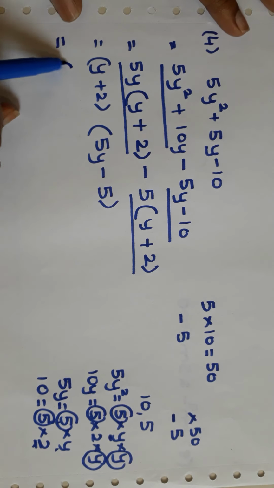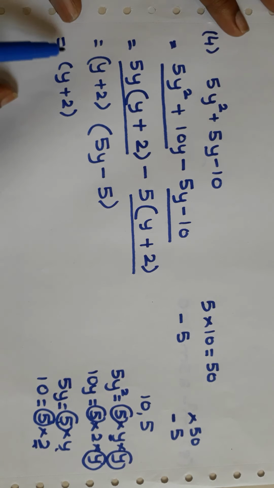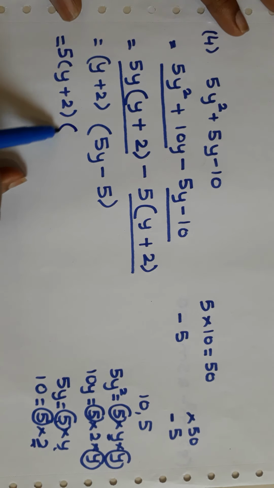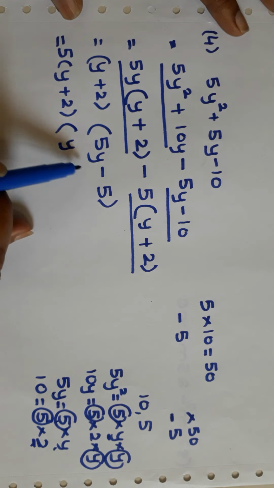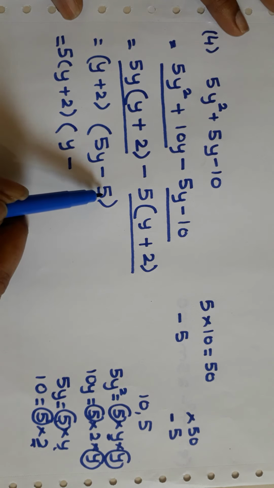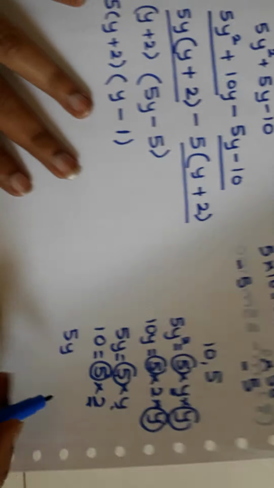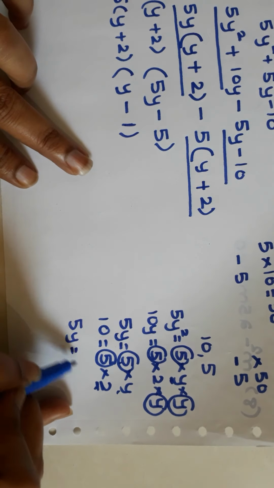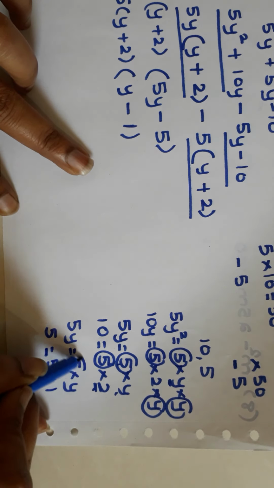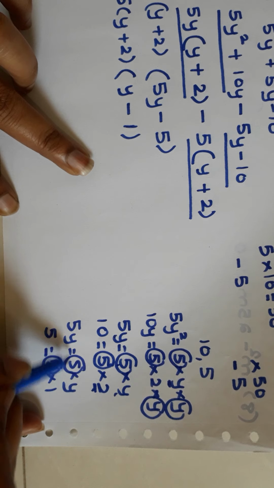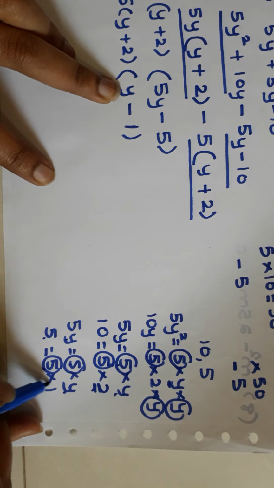We can again write this as: from both the terms you can take 5 common. So I am keeping this 5 here. Now when you take 5 common from 5y, we get y, minus, and when you take 5 from 5, you will have 1, because 5y can be written as 5 into y and 5 we can write as 5 into 1. So 5 is common in both the terms. So when you take 5 common from 5y, only y is left, and when you take 5 from 5, 1 is left.